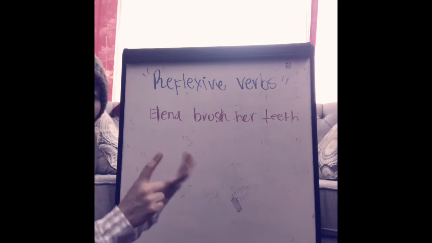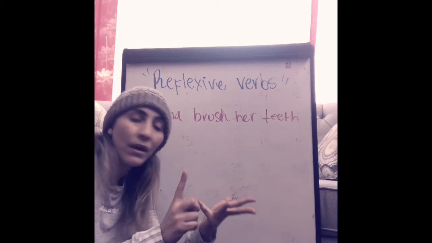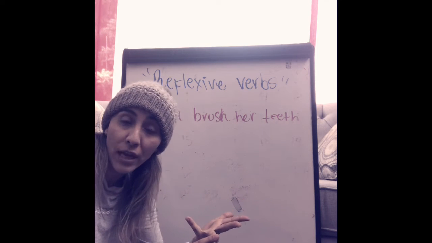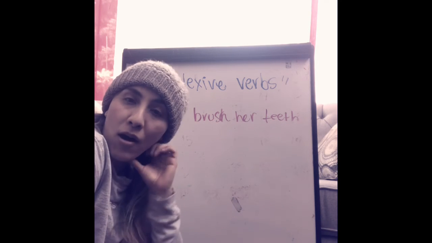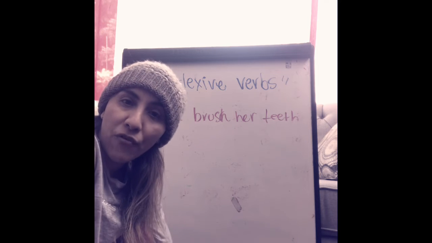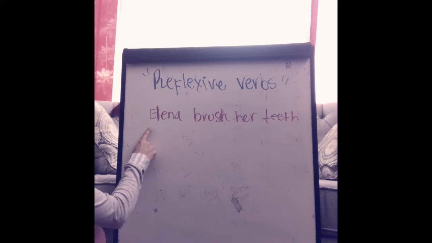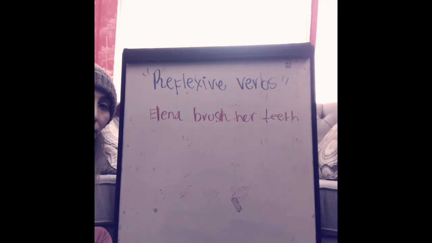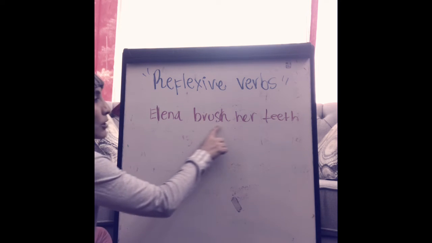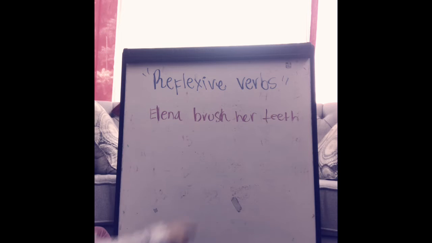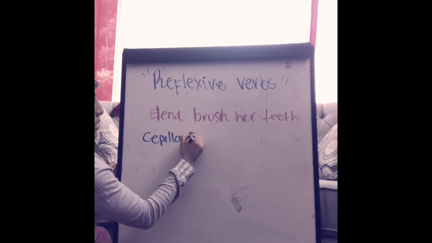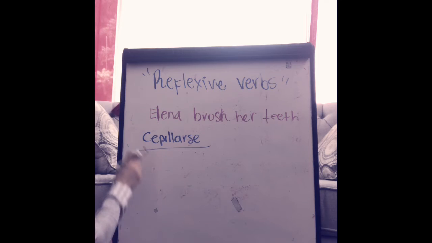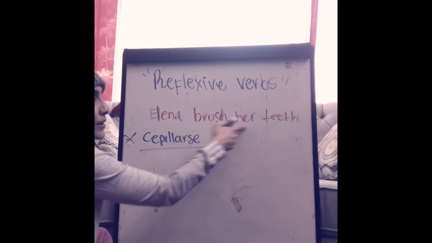Okay, we know what a reflexive verb is. We know the conjugated reflexive verbs. We will need to use reflexive pronouns: me, te, se, nos, os, se. Now, how do we use them in a sentence? Let's build a proficiency. Elena brushes her teeth. To be able to translate this sentence, you first have to know that to brush oneself is cepillarse. So I am going to use this verb to translate the sentence.